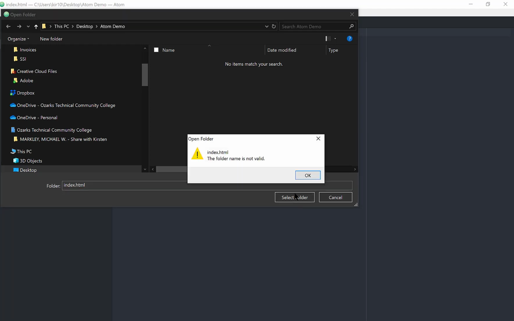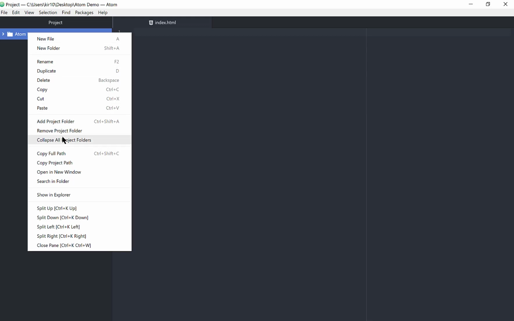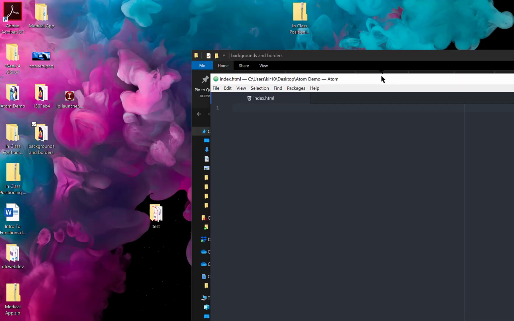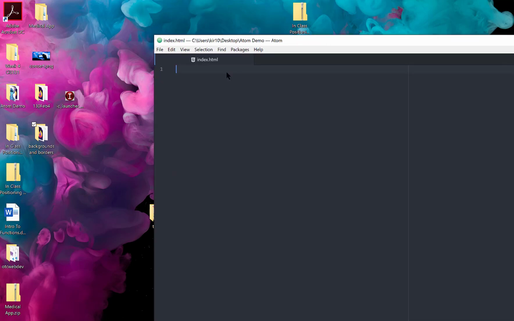So now I can choose Select Folder. I already have it open, so it's not going to let me do it. But in that folder now, I have access to both the index, which currently doesn't have anything in it, and an image. And just to give you a visual too, I can remove that project folder, and if I have it on my desktop, which I should here somewhere,